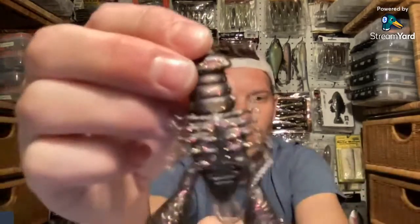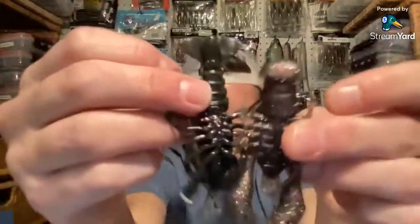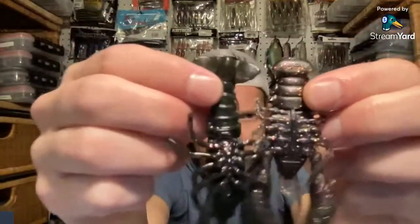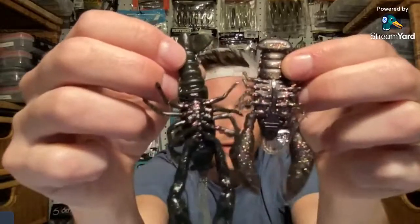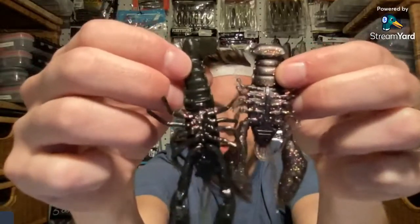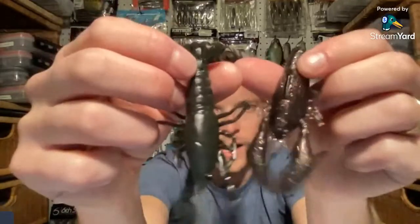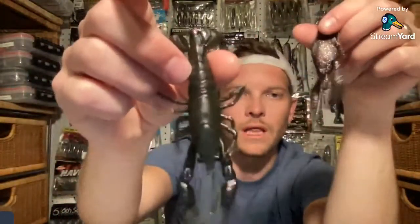Now, a couple other little features to note. This bait looks a lot like the Savage Gear 3D and 4D Craws. So here you'll see the bottom of the bait, the design of it being essentially from a 3D scan of a real crawdad, is right there. Now, the Savage Gear ones are more elongated,